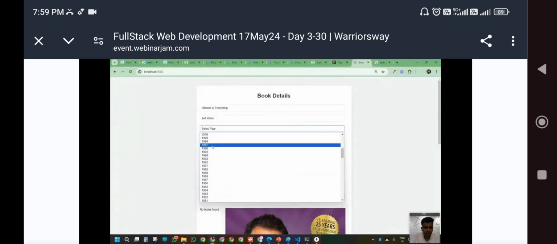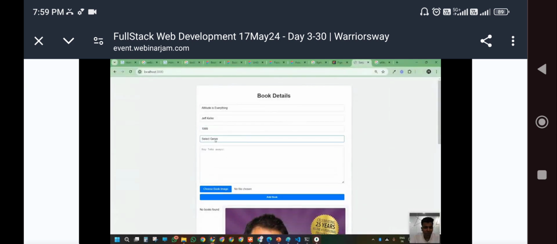So this is how it needs to be added: 1999, and genre self-help, and this is the key takeaway, attitude is more important than anything. Whenever you give it this way, I'm going to add this image,